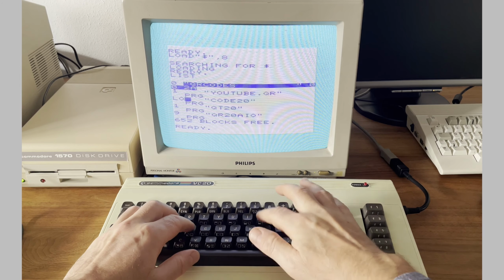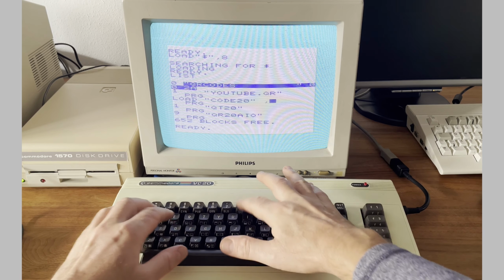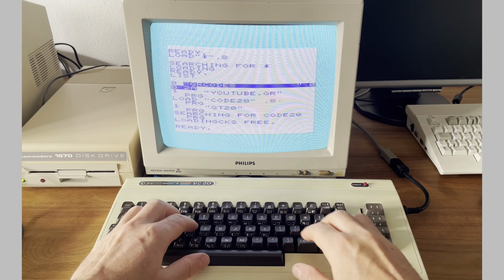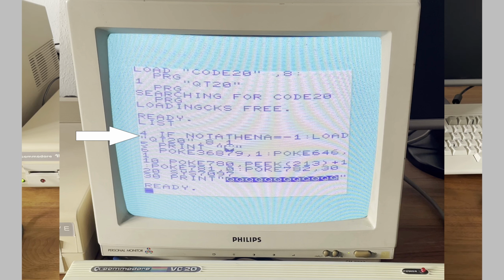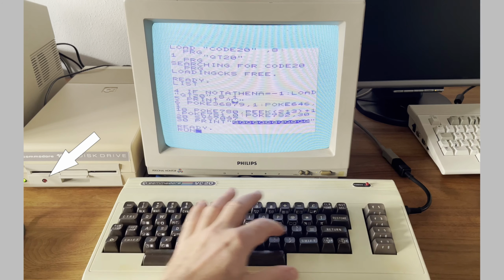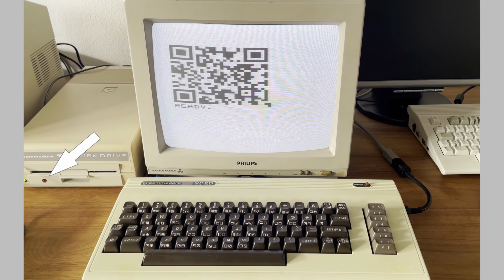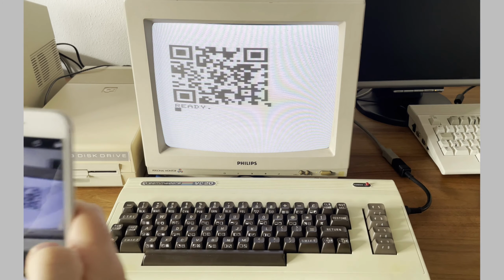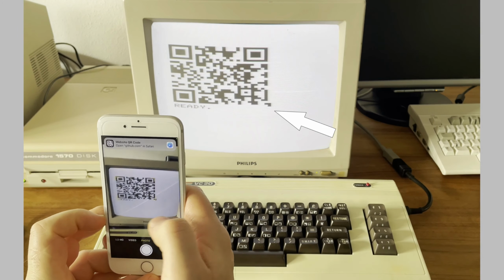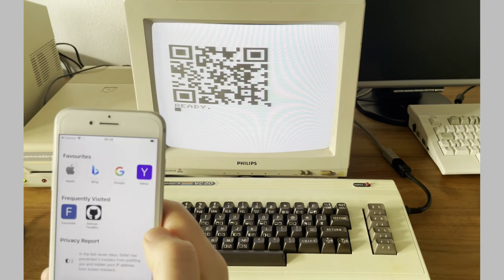This also works on the VIC-20, of course. I have prepared a small BASIC program which loads the one block machine language runtime. It loads that, sets the colors, and then also pokes to accumulator X and Y registers. SYS 7097 executes the runtime, and I just made a rough guess about which address would be unoccupied. When we run this, one block is loaded really fast and the QR code is on screen. This version still had a bug, by the way, as you can see on the bottom right side of the code.